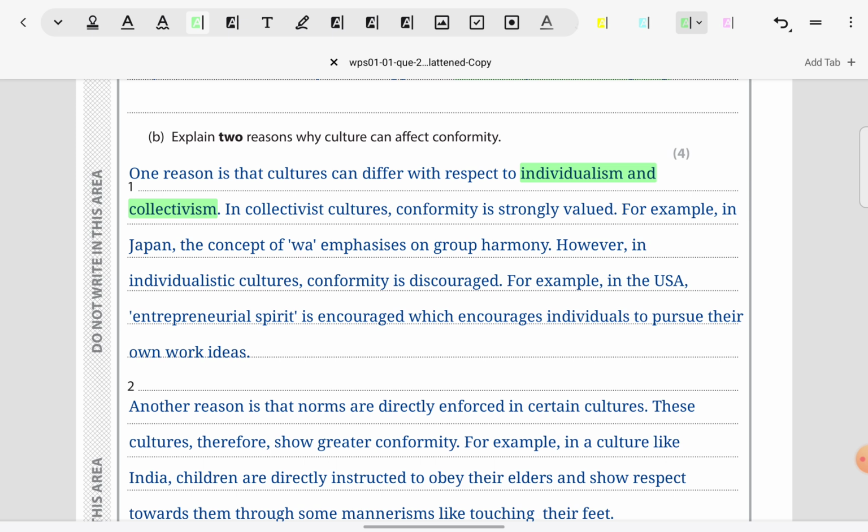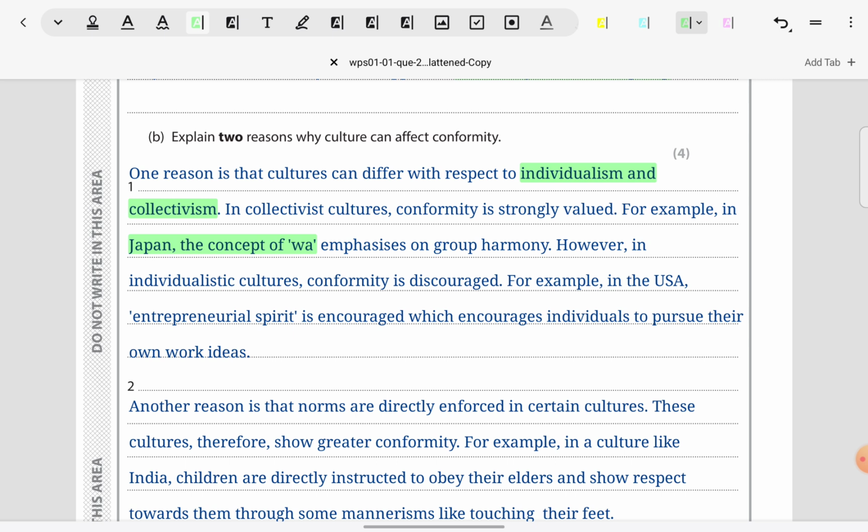Okay, so now what you can see is individualism and collectivism I've taken as the first cultural dimension, which influences conformity. Again you can see I always follow the same format, which is desirable: point, explanation, elaboration, link, PEEL. Because if I just begin with the example, in Japan there is a concept of wa, which means harmony, which is emphasized upon, but I don't name individualism and collectivism, it's very difficult for the examiner to read. First they have to read the example and they have to interpret from that which dimension I'm speaking about. So the best approach is to name the dimension outright